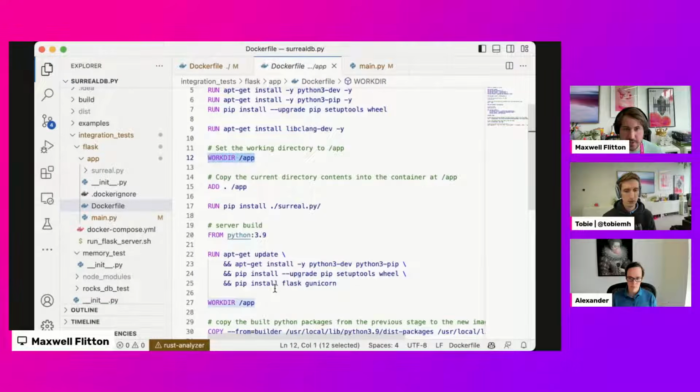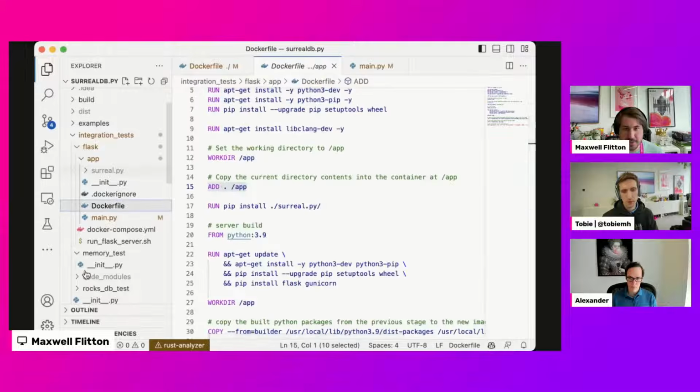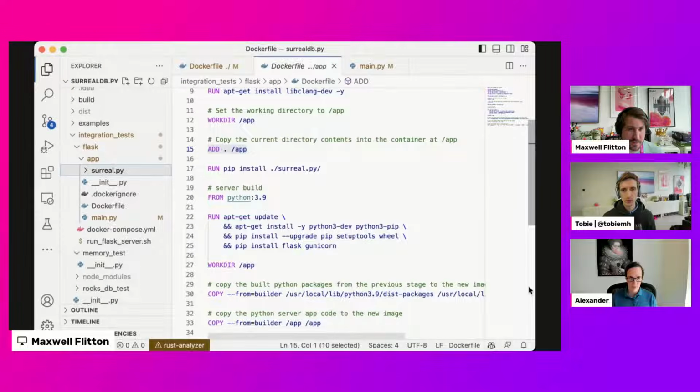Then we have our work directory. Then we copy some stuff over, and we've got a Docker ignore, but this is isolated, so we won't need it. You can see our actual surreal.py. That's something that you clone from our GitHub library. Then we do pip install,